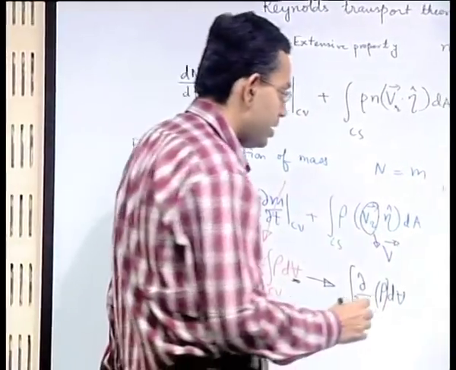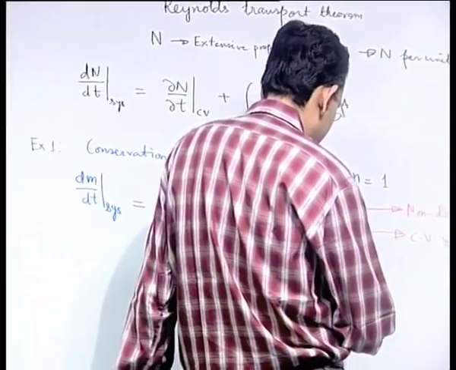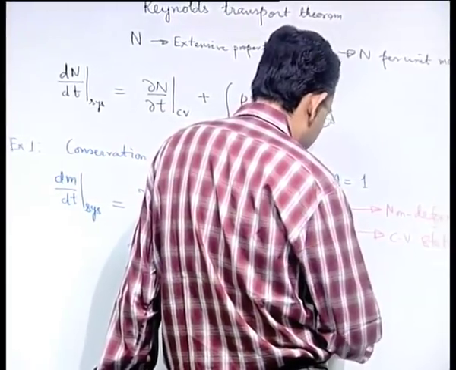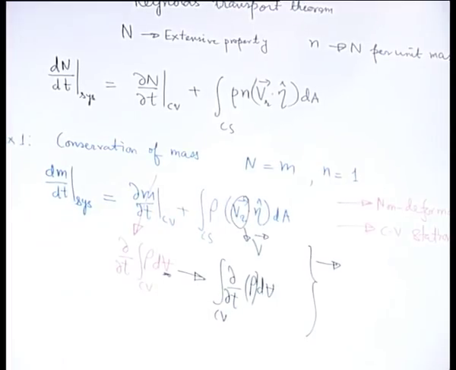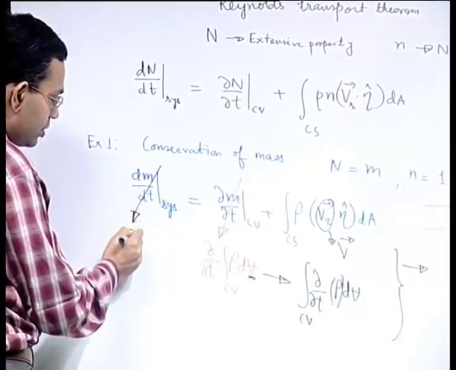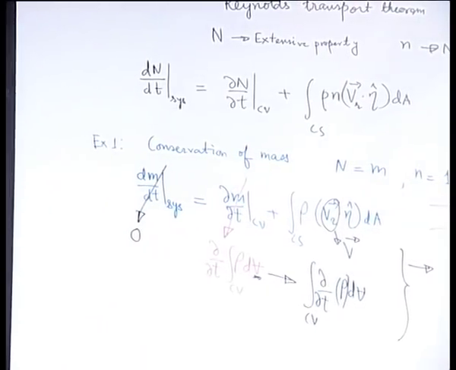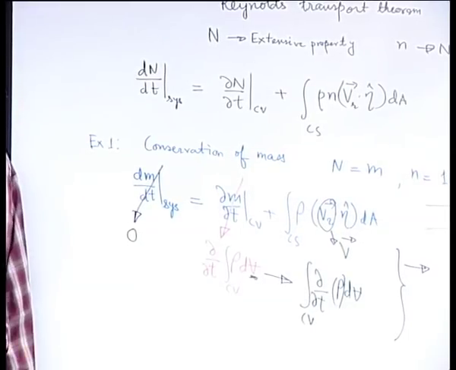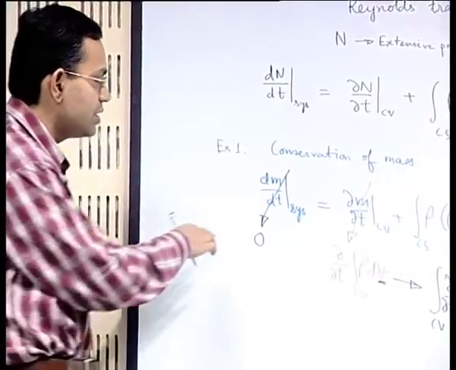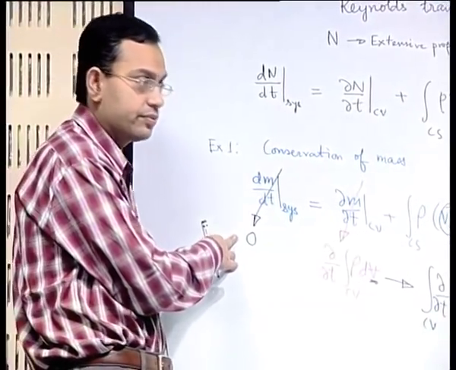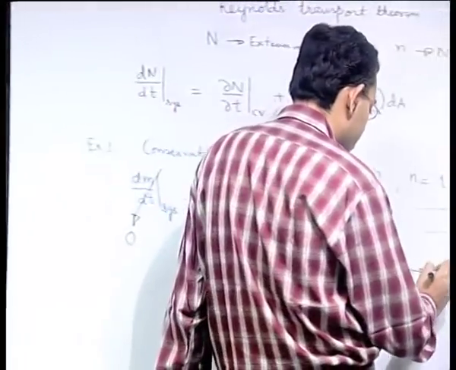So keeping these two considerations, one can simplify this equation with a very important consideration that the left hand side is 0, because by definition a system is something of fixed mass. So the mass of a system does not change with time, therefore this is 0 by definition of a system. So you have 0